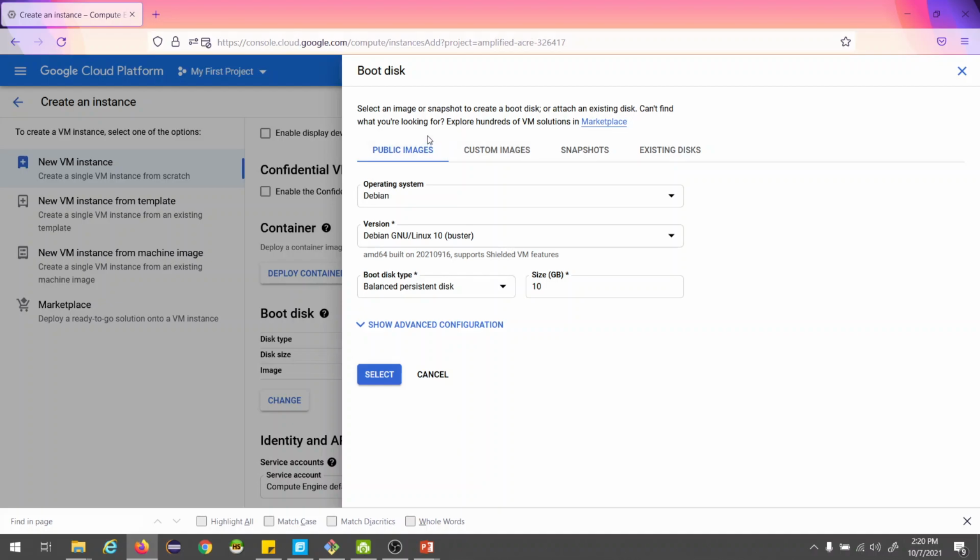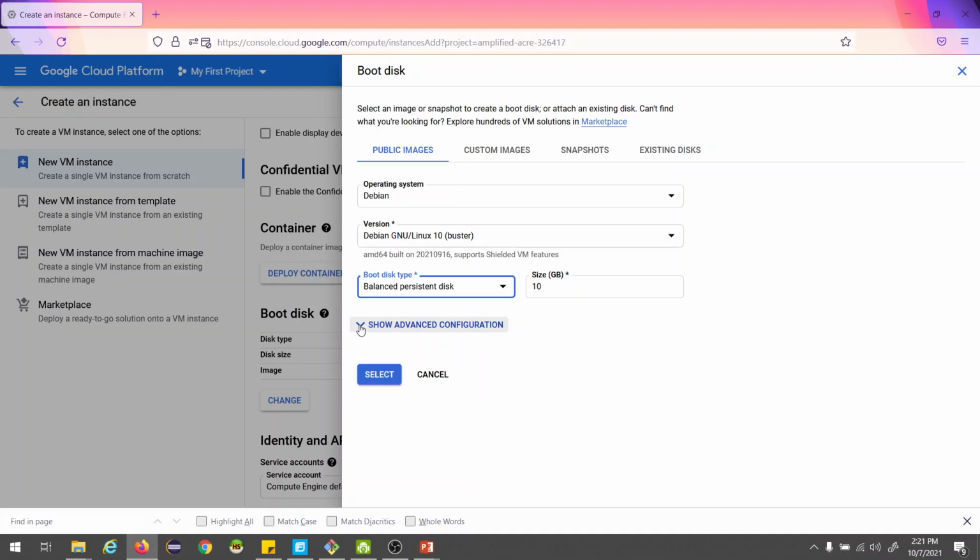Public images are hosted by GCP or third-party vendors and made available for you to use. Or you can use a snapshot, or even an existing disk. Then you have the operating system, the version, and the boot disk type, which has four types. We will go into its details in the following session.